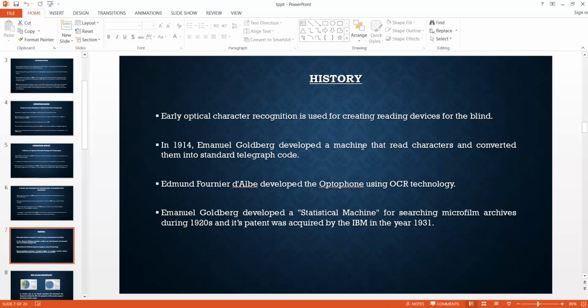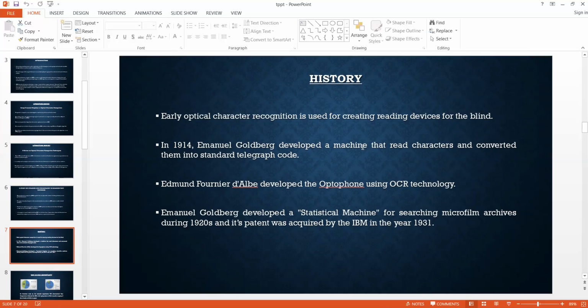And Edmund Fournier developed the Optophone using OCR technology. Optophone means it's an electronic device which scans the documents and produces the electronic sound for the blind people, because they can't see. By hearing sound, they will assume which letter it is.